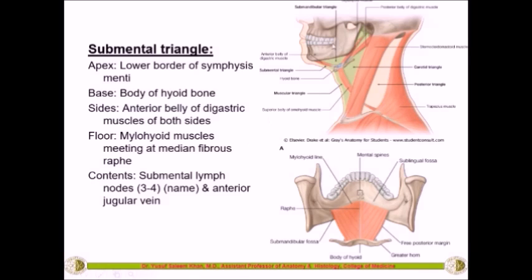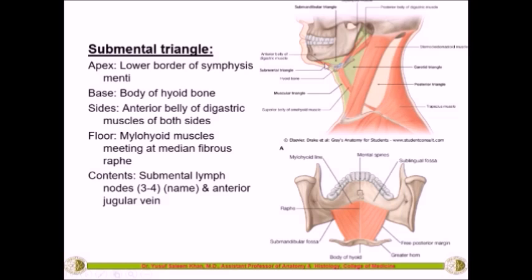This is a small triangle which is present in the front, and this is half of the triangle on one side. The other half will be on the other side of the neck. So the two halves on either side will join together to form a single triangle. So the submental triangle, if you see here, has its base formed by the hyoid bone itself,